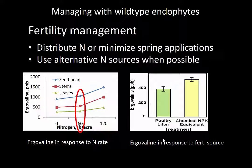And so you see in going from 0 to 60 units of nitrogen, we do get some boost in alkaloids, but that increase in alkaloids from 60 to 120 units of nitrogen goes up quite dramatically. And we have a similar large increase in the stem tissue, maybe less so in leaf tissue. The other thing I should point out here, in the ergovaline concentration, we're typically thinking about alkaloid levels as a threshold for a negative effect on cattle anyway, is often thought somewhere in the 400 parts per billion range. So you can see we're well above those thresholds in stems and seed heads, and we're maybe getting close to that when we get this high rate of fertility